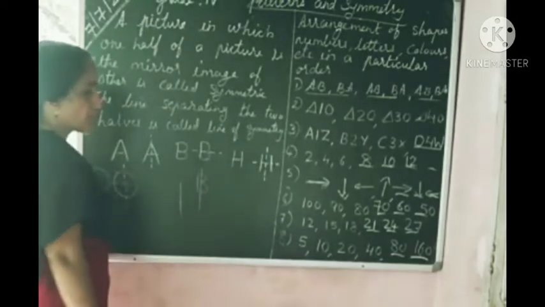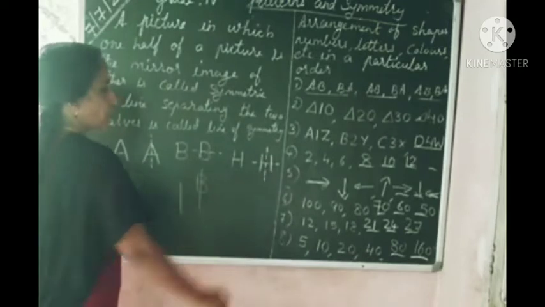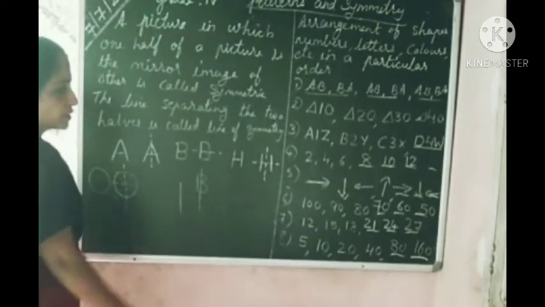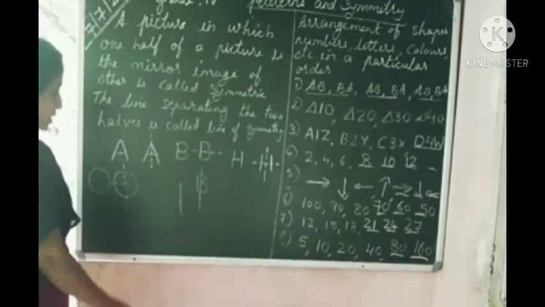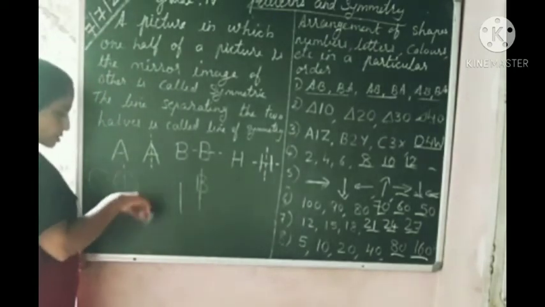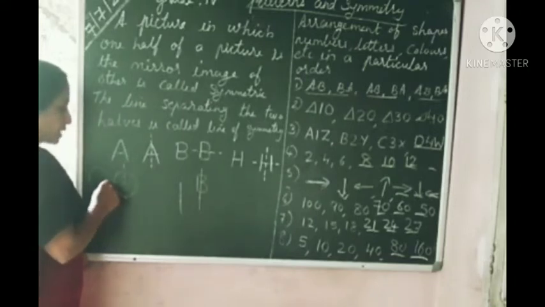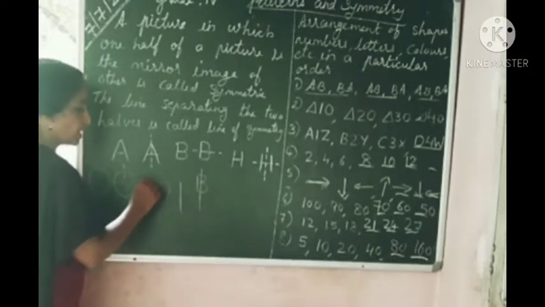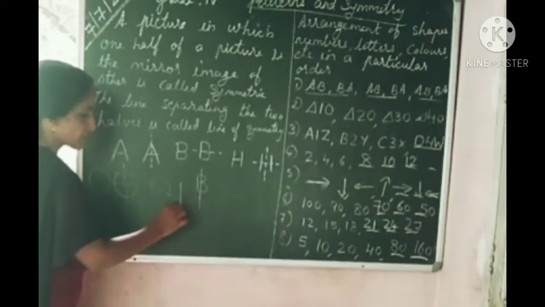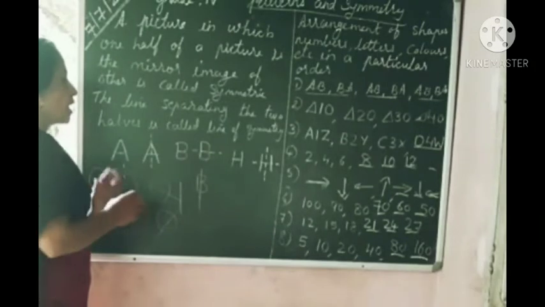If we take H, then we can divide it through vertical and also horizontal. This is the horizontal line of symmetry and the vertical line of symmetry. Now look, a circle or 0. We can draw lines this way. This is vertical, horizontal, then diagonal also. We can draw many lines of symmetry. This is a circle. We can draw like this. Yes, any line of symmetry. Then, understood what is line of symmetry?